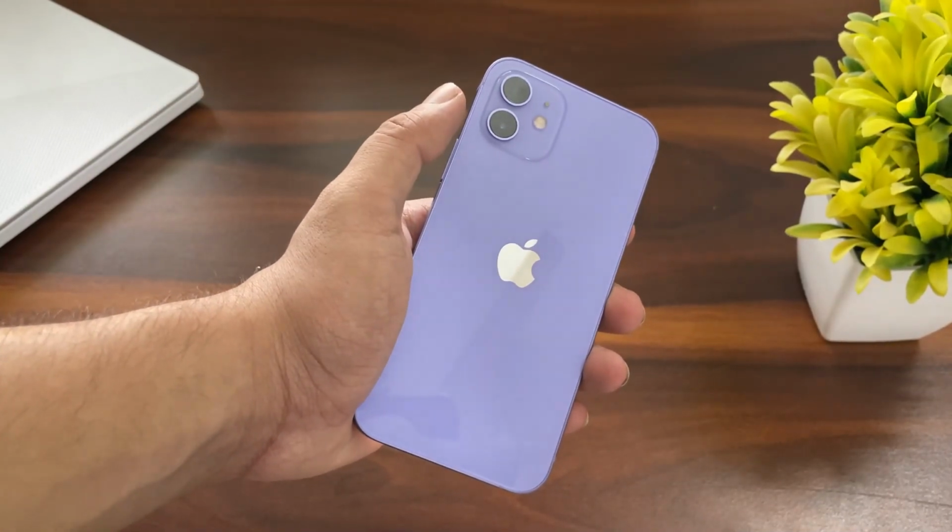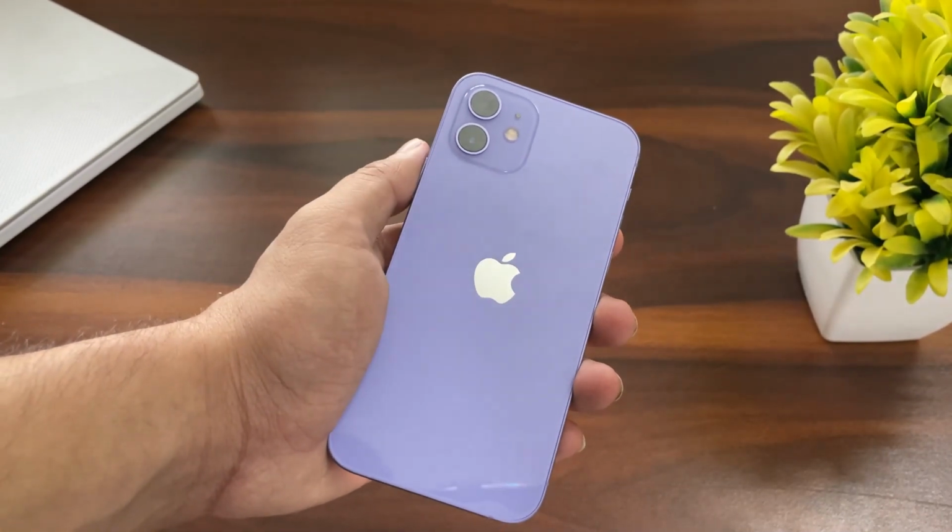So I have the purple color variant here. I have set up the phone, and as you can see here, it's a very pretty color option. In fact, I posted a few images on social media and most of the responses that I've got have been largely positive. Now, if you look at the back panel here, what Apple has done very smartly is that